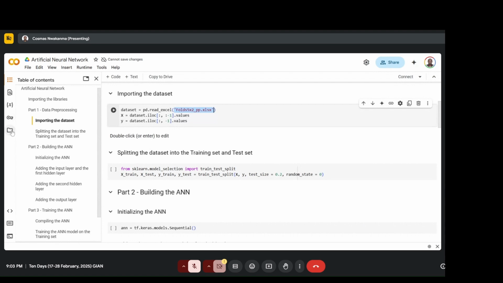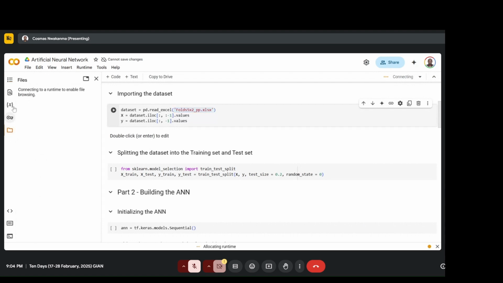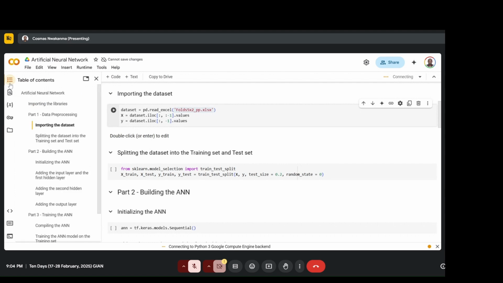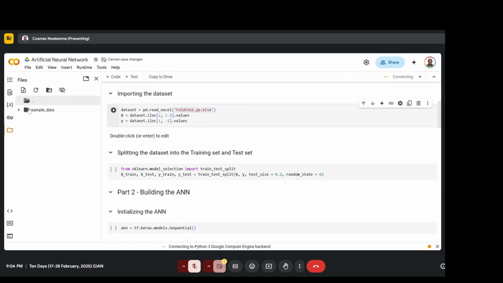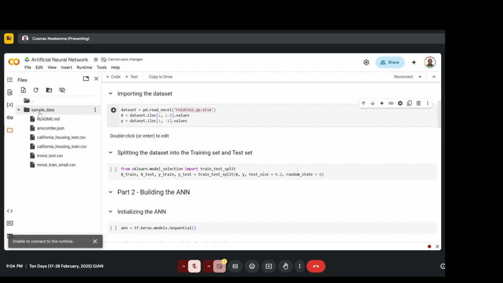Either you can come here, for example, you can mount your folder inside your work. In this, for example, here I can mount. You see I have mounted some folders here. For example, I have California Housing Test CSV, Train CSV, MNIST Test CSV. These are sample data I have mounted here. So if you already have your data and you mount it inside your Colab, if you come here,